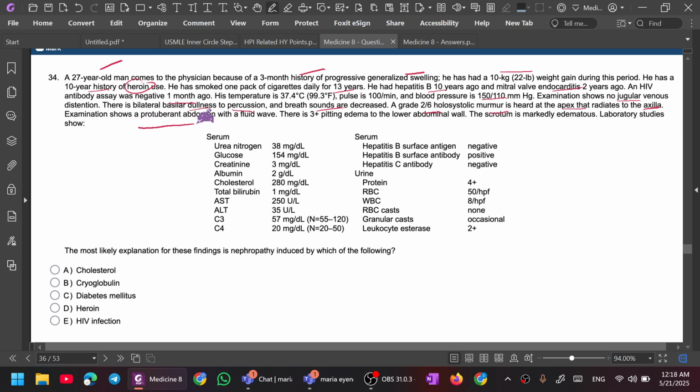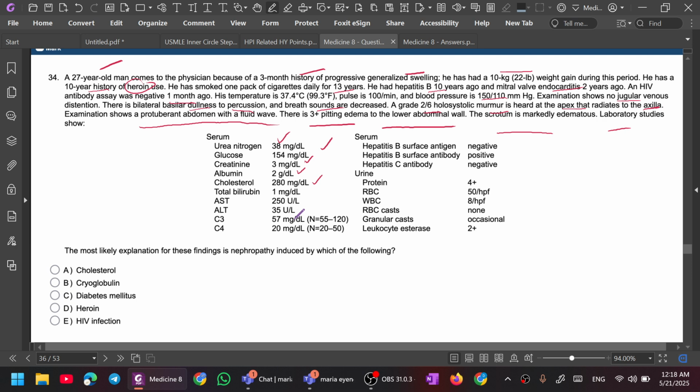Examination shows a protuberant abdomen with a fluid wave. There is 3 plus pitting edema to the lower abdominal wall. Scrotum is markedly edematous. Labs show serum urea nitrogen 38, glucose 154, creatinine 3, albumin 2, cholesterol 280, total bilirubin 1,